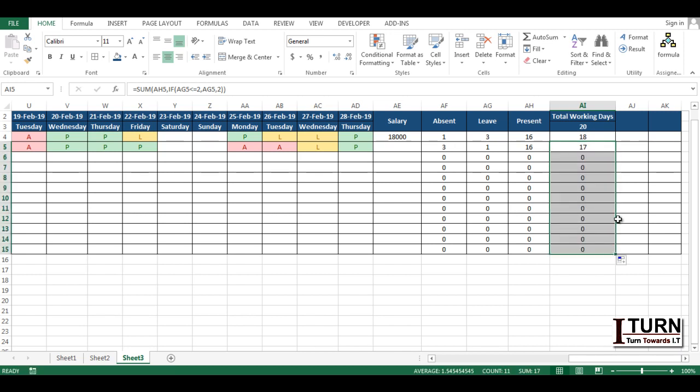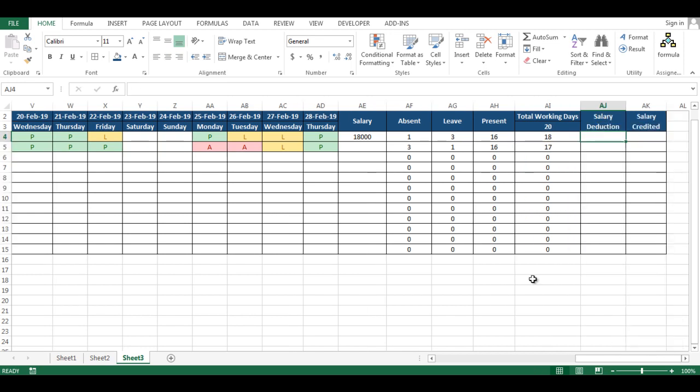And the next thing is the salary that the particular candidate is supposed to get. I have created 2 columns, salary deduction and then the salary credited. Now how much salary has been deducted? In order to calculate this, first we need to get the salary based on days. This is very easy to get: the complete salary divided by number of days in a month. So in this particular case it is 28, so I have given 28, and it's giving me